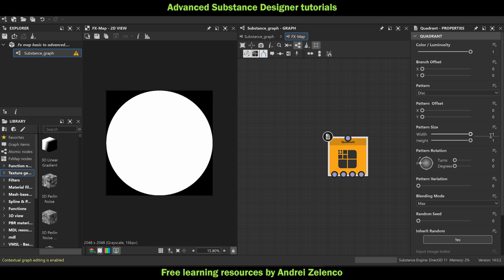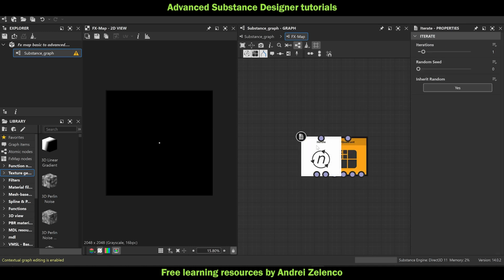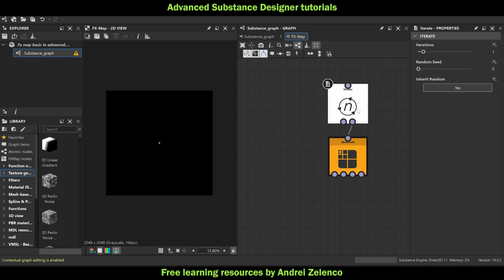So pattern 0.01 and 0.01. Okay, should be 1, not 5. And then we're going to use the iterate node, and we're going to iterate 256 times and set this one